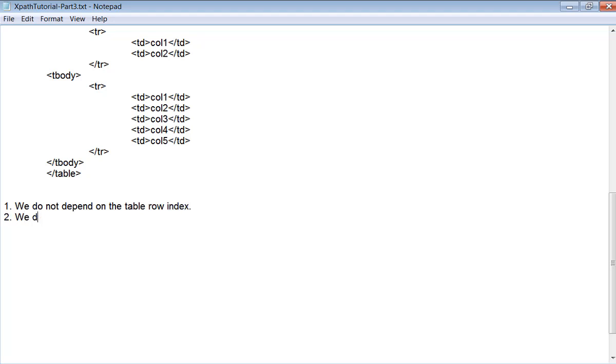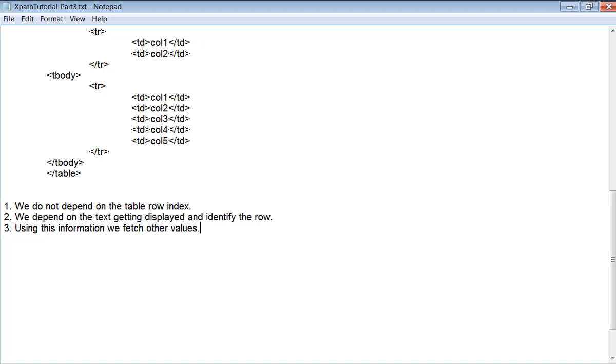We depend on the text getting displayed and identify the row. And using this information, we fetch other values. So this is the process we have to follow.